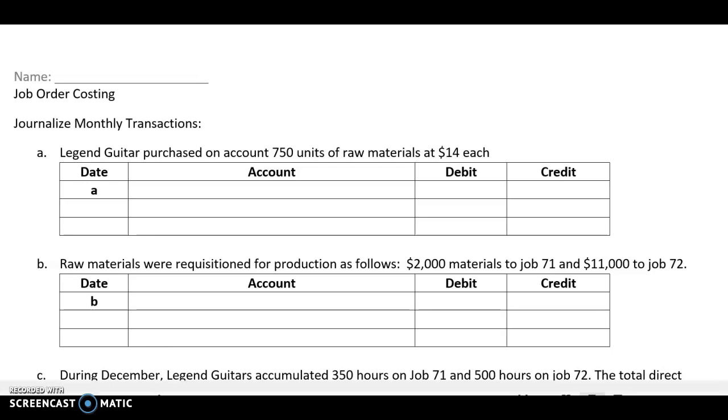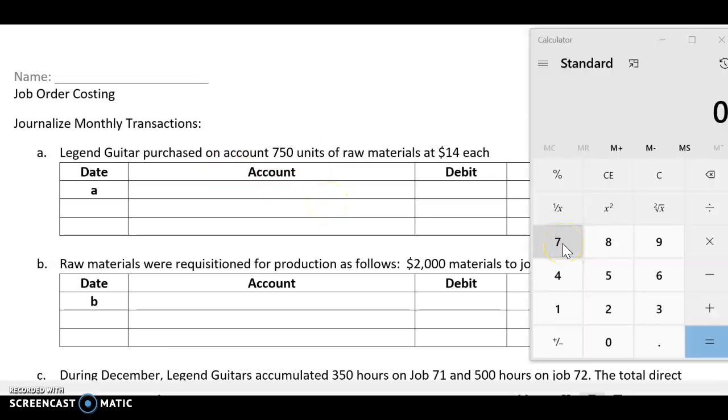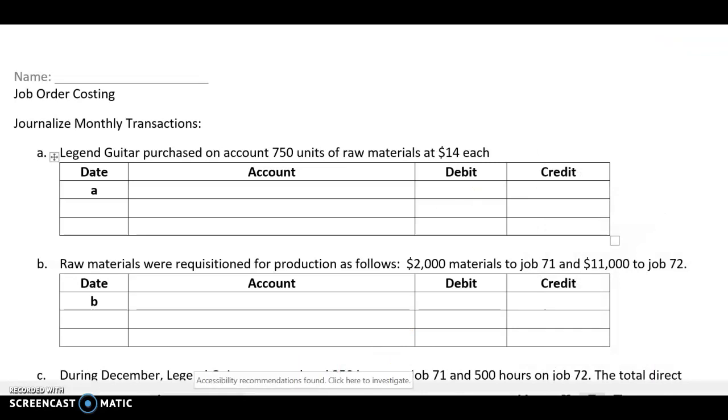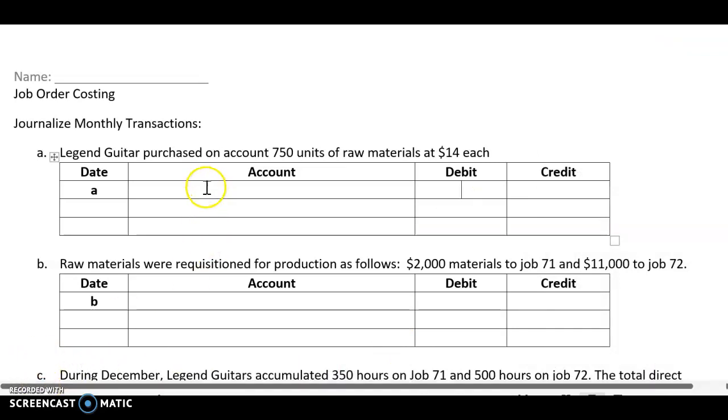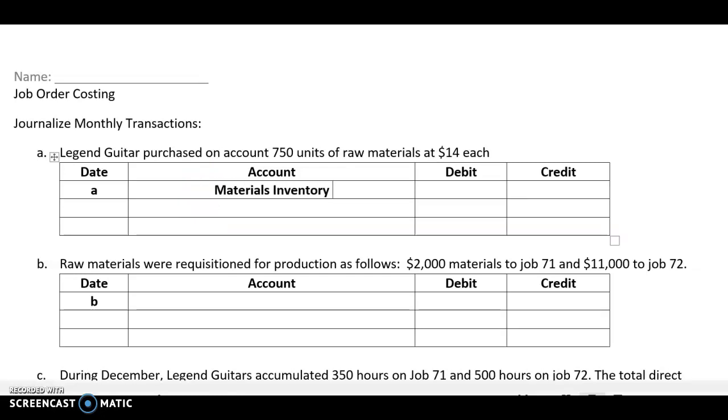And so let's just start at the very beginning. We've got Legend Guitar purchased on account 750 units of raw materials at $14 each. So if we bought 750 at $14, that will be $10,500. So for this particular one, we are going to have materials inventory for $10,500,